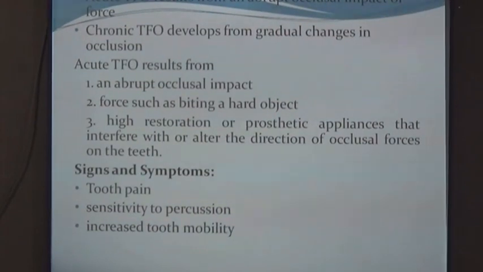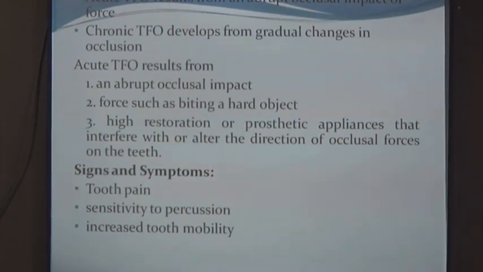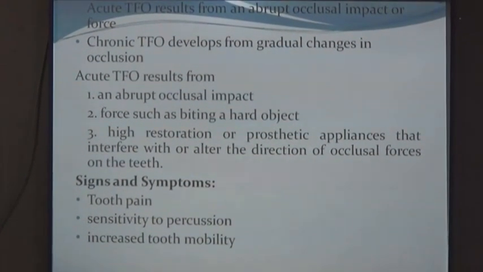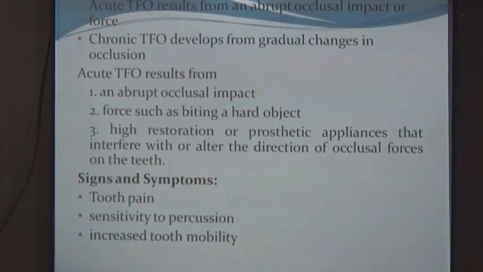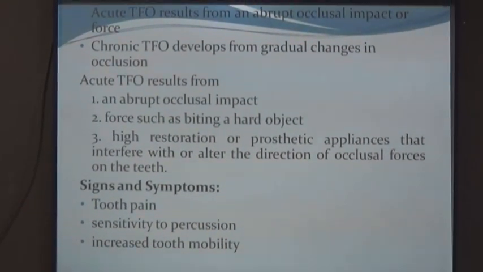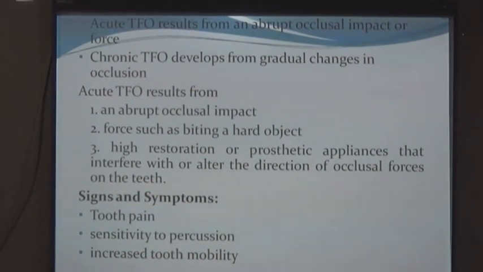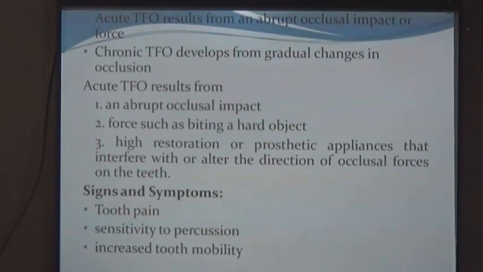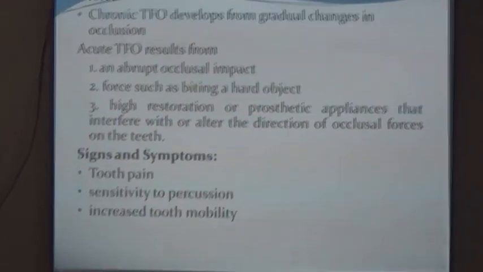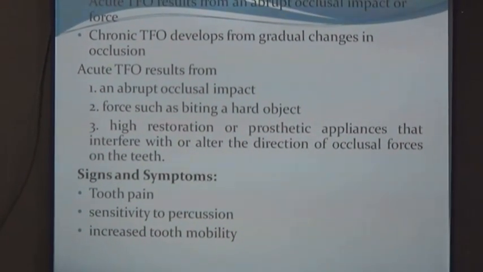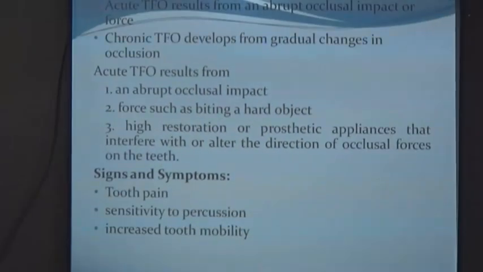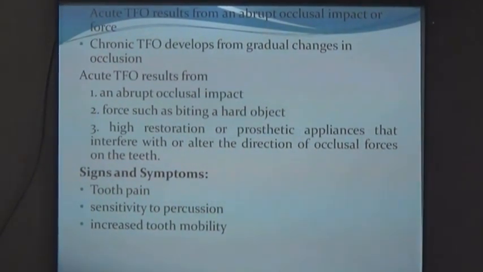There are two types. One is acute and chronic, and the other is primary and secondary. Acute trauma from occlusion results from abrupt occlusal impact on the force, for example, biting something suddenly. That is an abrupt occlusal force. And chronic trauma from occlusion develops from gradual changes in the occlusion. So, acute is because of abrupt contact between the two teeth by means of any object, and chronic is due to gradual changes. Acute trauma from occlusion results from abrupt occlusal impact force such as biting a hard object,